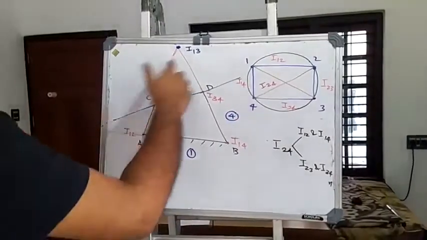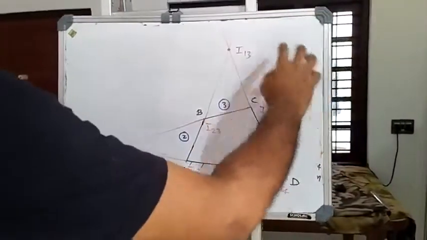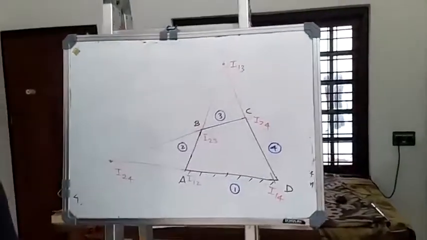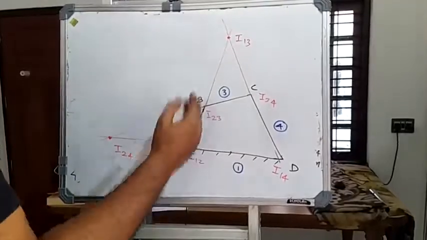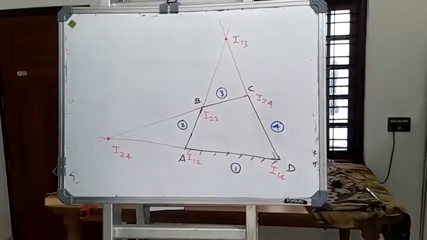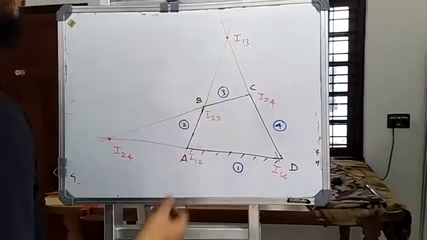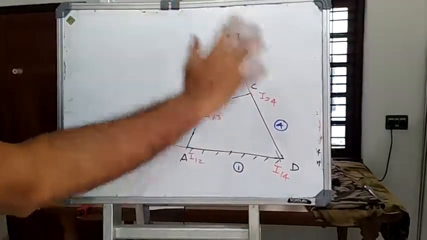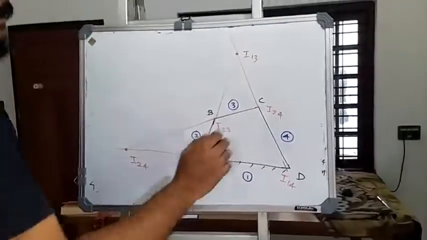So let me redraw this figure once again. From the circular representative diagram that you have drawn, we are obtaining I13 at the intersection of the line joining I12 and I23 and the line joining I14 and I34. We are extending and we are obtaining I13. Next, we are finding I24 as the intersection point of the lines joining I centers I23 and I34, and I12 and I14. So now we have located all the 6 I centers, which was the first part of our question.